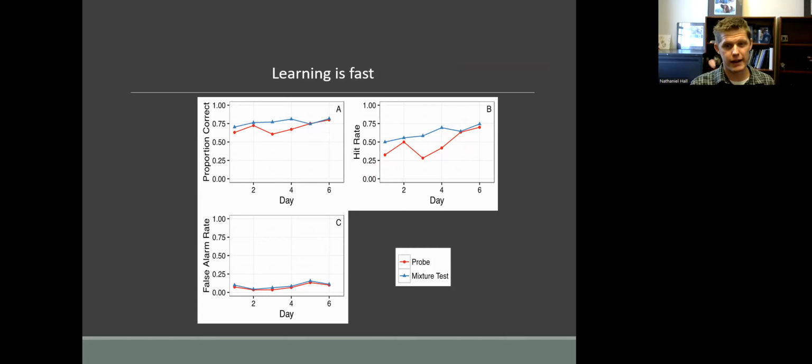So the way that I interpreted this, in terms of configural elemental processing versus generalization gradients, is that when it comes to these complex questions, is my target present in this mixture, there needs to be a training component that explicitly tackles that. Is this my target in this mixture versus not in this mixture? It helps that all of these dogs were previously trained to the target itself. So they knew what the target was, but they needed that extra training to learn what that target smelled like in different kinds of mixtures, and that my target can appear in different kinds of mixtures, and that I should still respond to that.